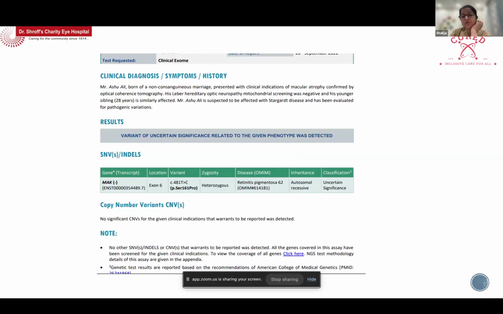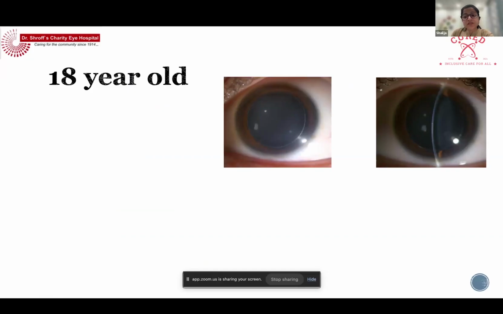When you request the test from the lab, they will look for the specific phenotype that you have ordered or mentioned in the TRF, the test requisition form. So if you have mentioned it wrong, then they would be looking in the wrong direction. So your phenotyping has to be perfect, and for that you keep revisiting your patient. There might be some new phenotype, a new form, new characteristics may be added,